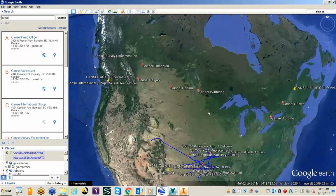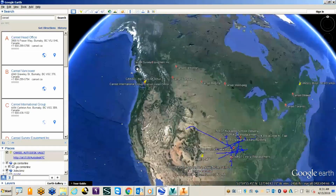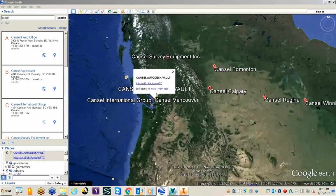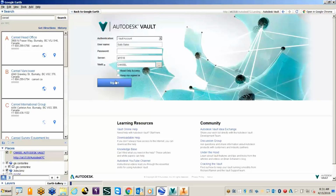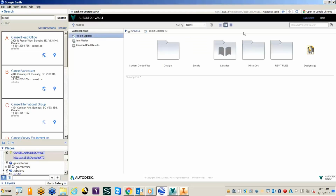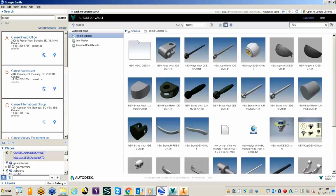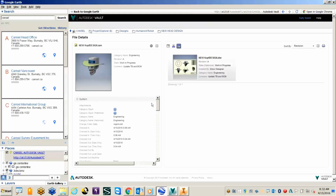In the meantime, our friendly Sally Sell, she's still roaming around the world and she needs to check back into the Vault just to make sure that whatever she requested has been done. So she checked back into the Vault from Google Earth, and through the Vault she highlighted the project Explorer, and by simply searching for the word new, is anything new? So right away, through the Vault client, she's able to see a folder of a new robot head,